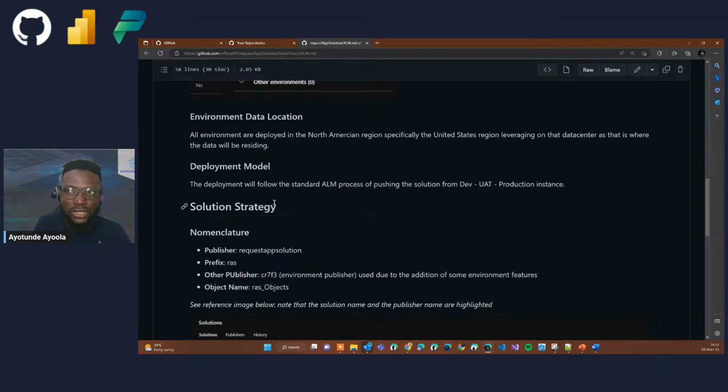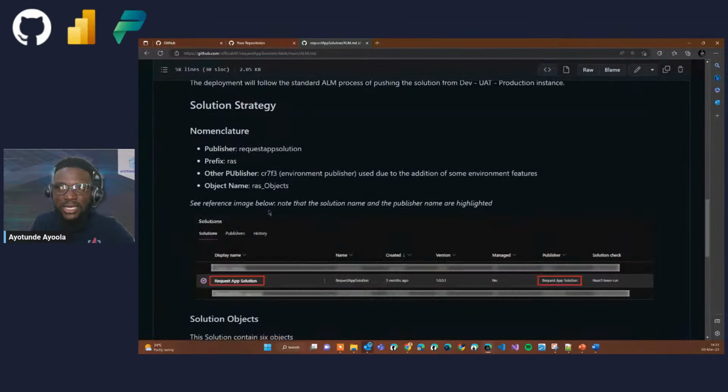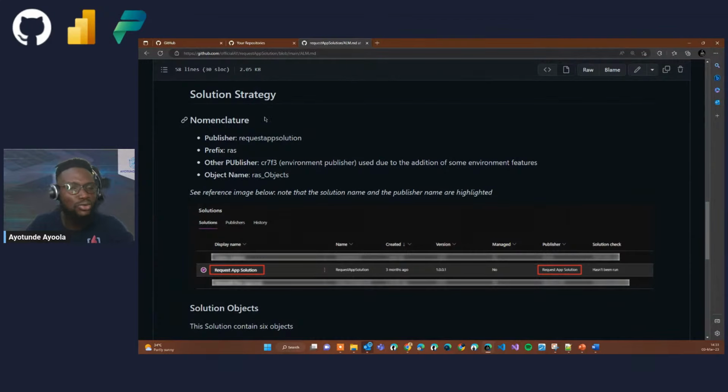Then I went further to now say that is my environment. Now let's go to solution strategy. What do I mean by that? In my solution strategy, I let you know that the publisher of my solution, the nomenclature of my solution, is this request app solution. I showed it to us earlier, right? If you all remember,